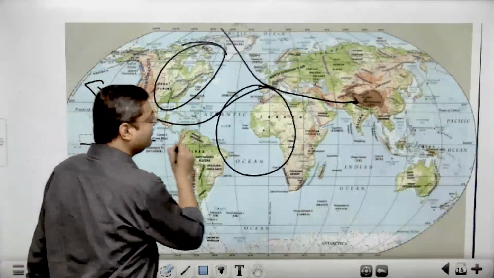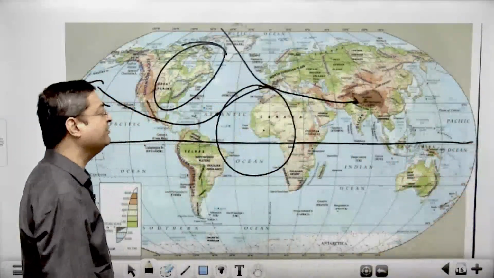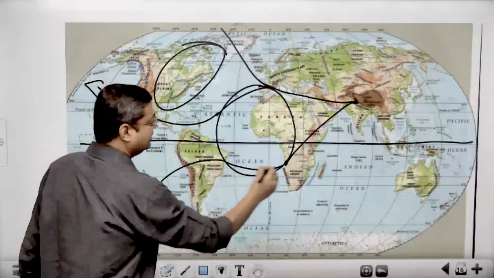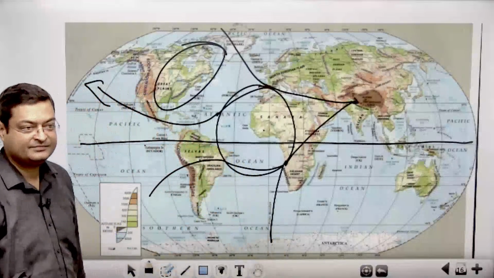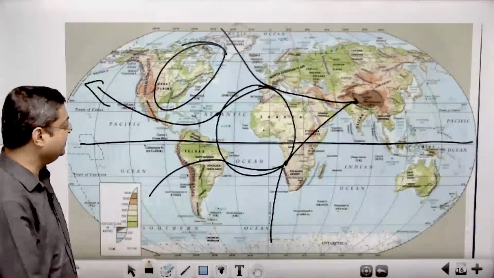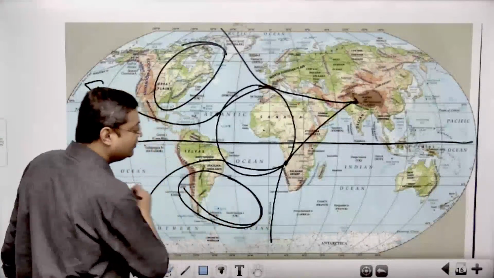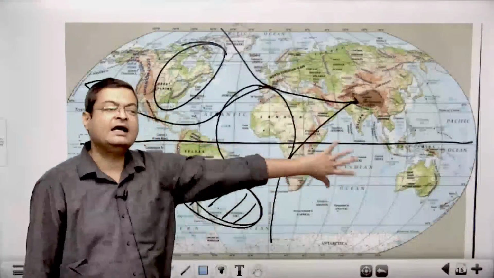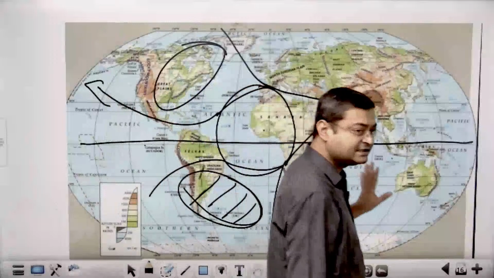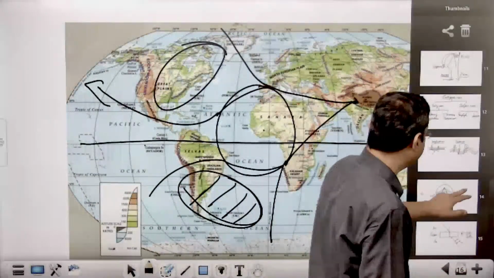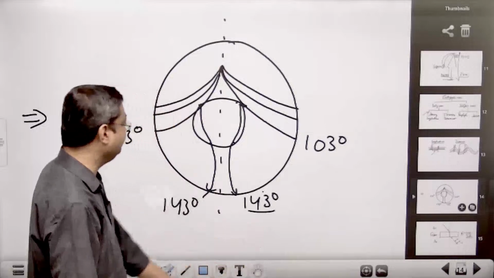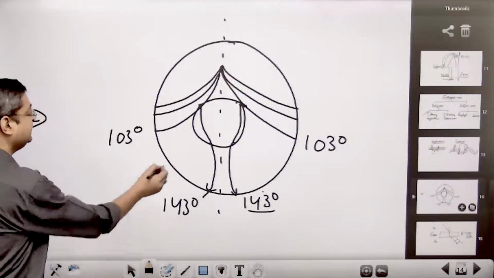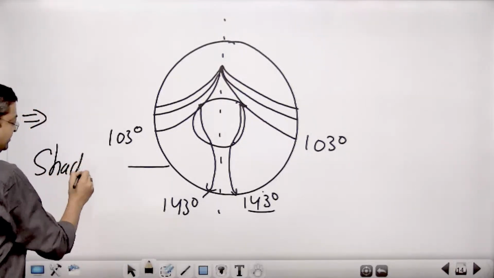And again, if I draw these two hemispheres, from this point they will be bending and there will again be refraction. So if it is reflecting, again this zone is not being detected, though it will be detected in Africa, and similarly so on. Is this clear? Now from 103 degrees to 143 degrees in both hemispheres, these waves are not detected. It is termed as shadow zone.